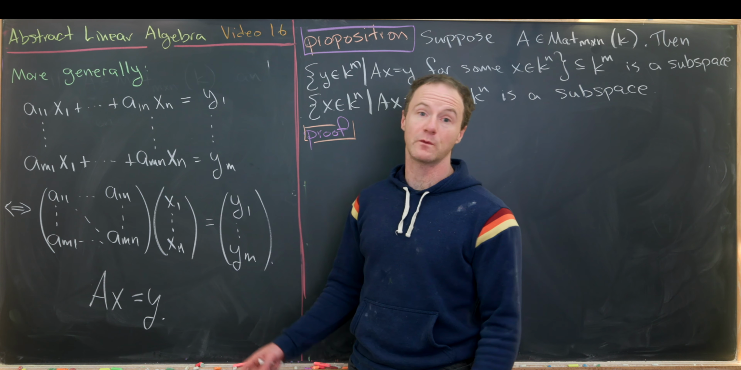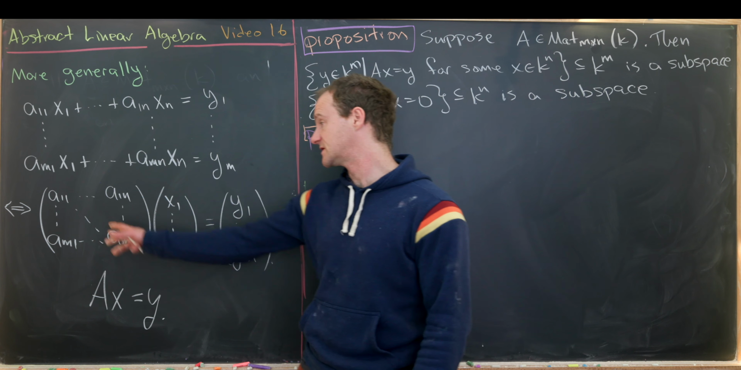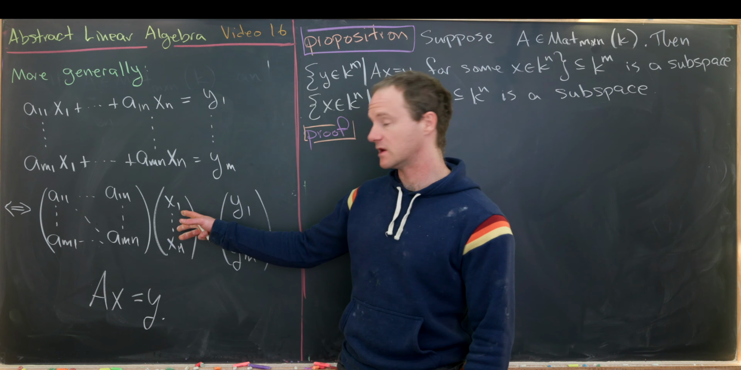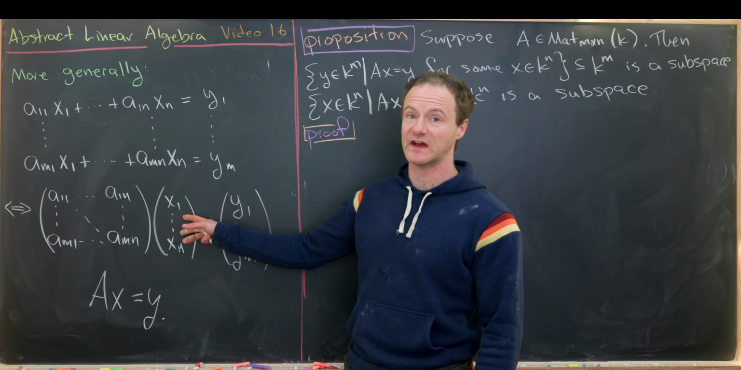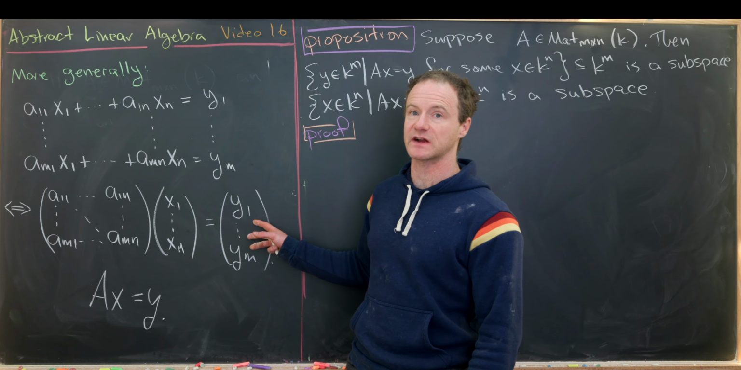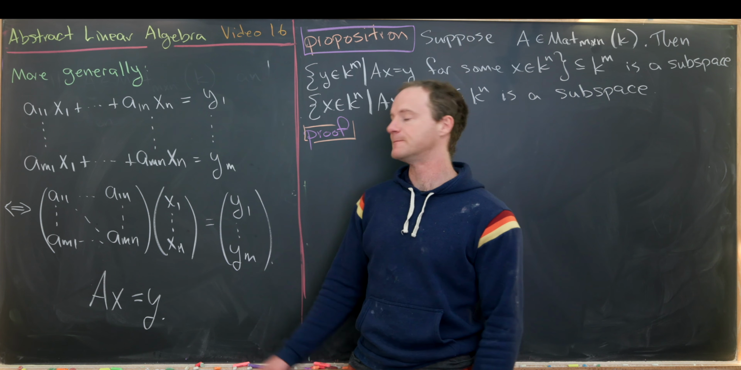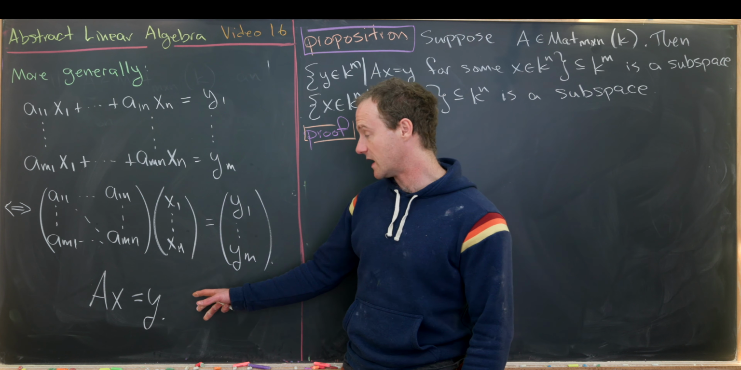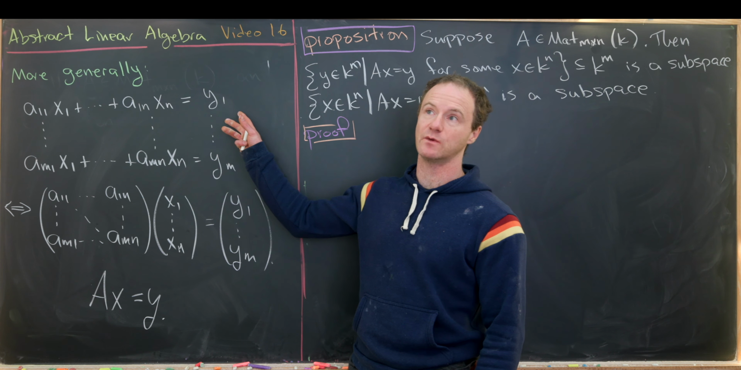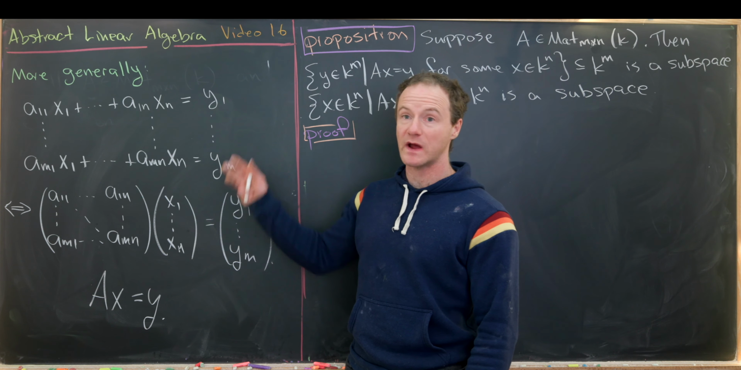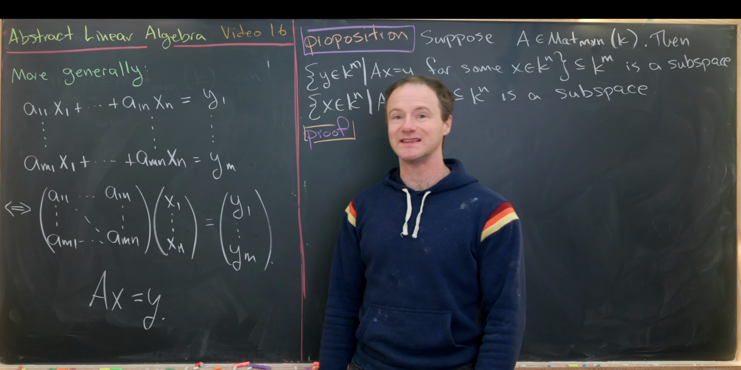And then furthermore, if we wanted to introduce some shorthand, this could be the matrix A. We could wrap all of this up into the vector x and all of this up into the vector y. So we could write that as Ax equals y. So that's a nice succinct way of collapsing this equation with m equations and n unknowns into a single matrix